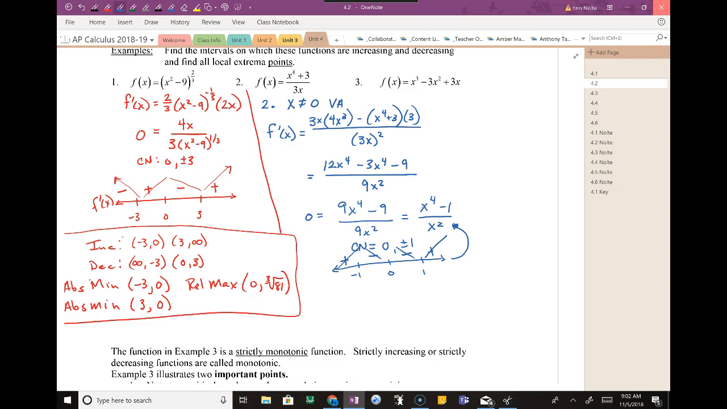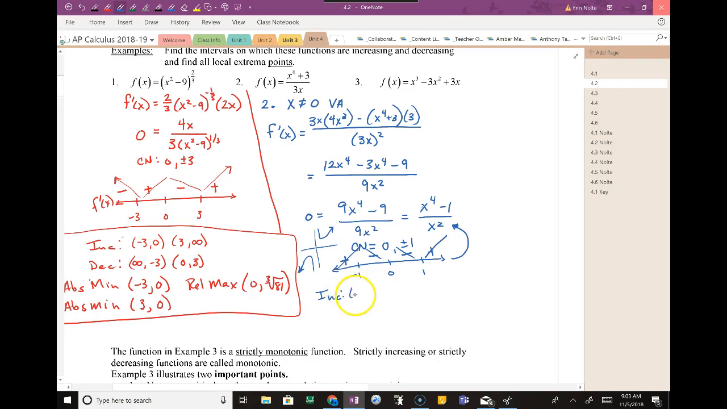So probably what this function looks like, it probably looks like this. It has a slant asymptote and looks like this. Kind of hourglass-ish. Something like that. Okay. So this function is increasing